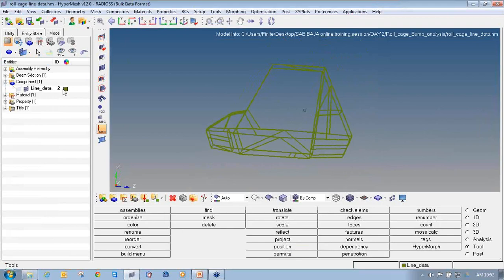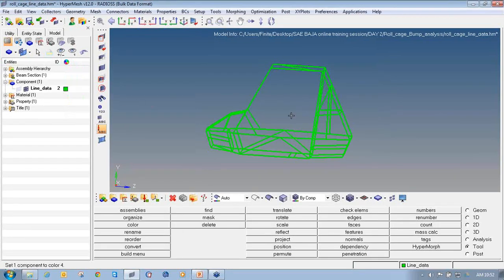This model is already meshed. This is the same model which I have shown you how to create in the tutorial on how to create 1D meshing on the roll cage structure. The same model, the final result model, I have used for the bump analysis. In that tutorial I already showed you how to create material properties and update the component.